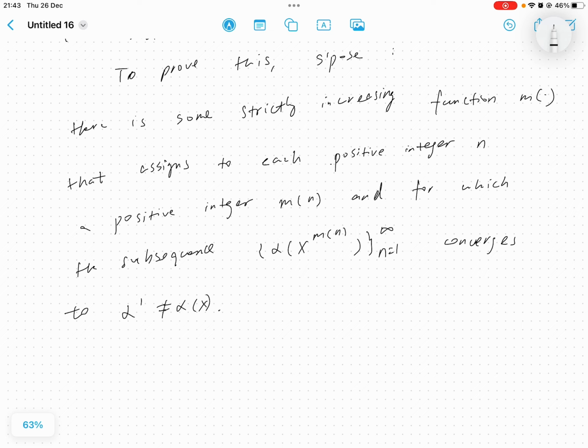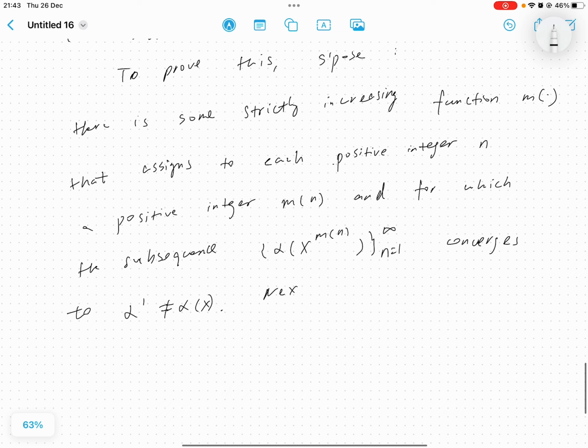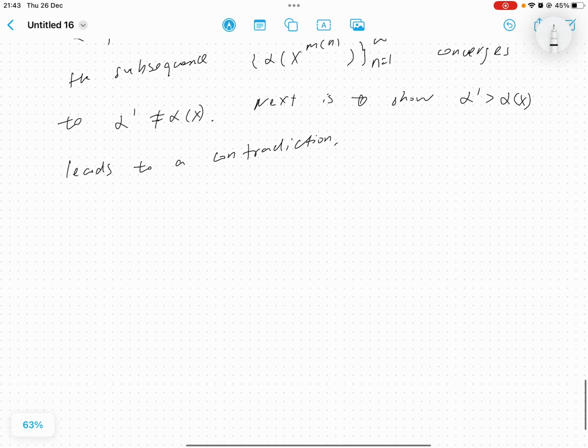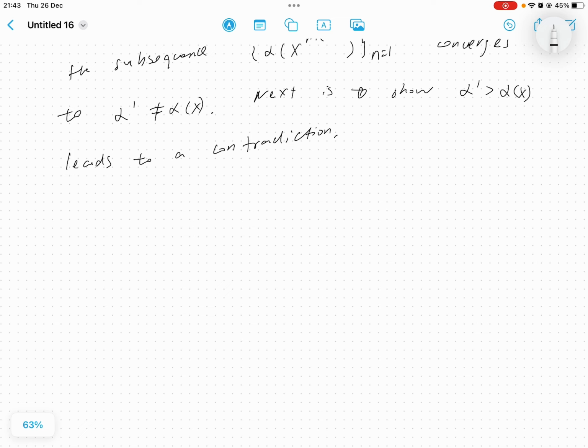So next is to show that this alpha, which is greater than this alpha x, this level, needs to lead to a contradiction. Okay. So now we're going to show this. So how to do that? So to begin with, note that